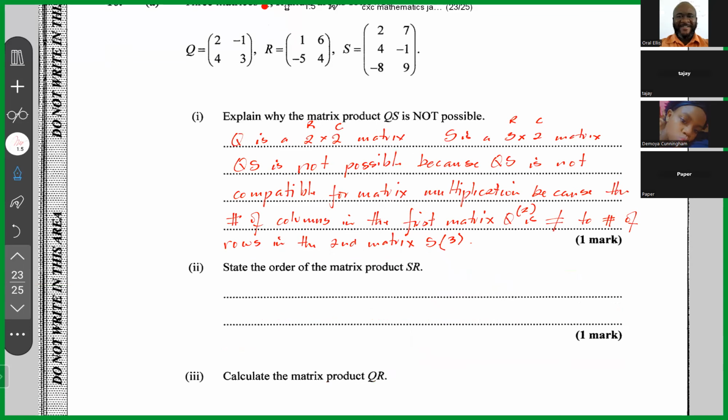State the order of the matrix product SR. So S is a what? S is a 3 by 2 matrix. And R, you're multiplying it by R, which is a 2 by 2 matrix. So these two, the fact that you have 2 and 2 here, this makes them compatible. And this 3 by 2 is the order